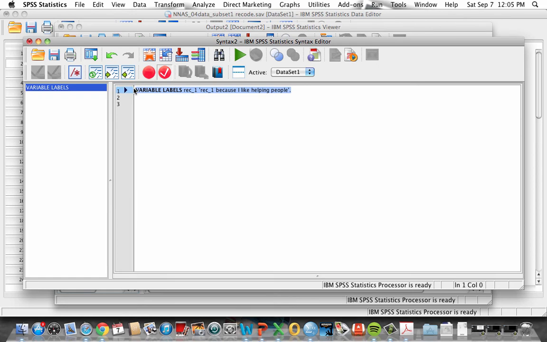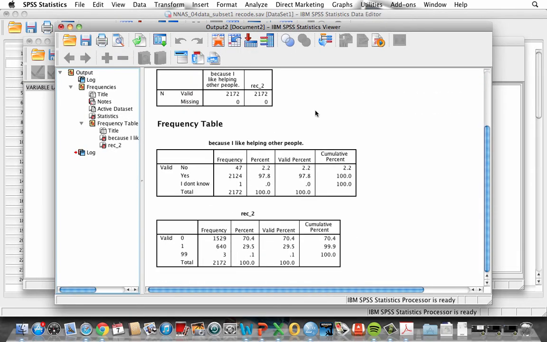We can highlight this section of syntax and then either click on the green play button, which will tell us that it will run what we have selected, or we can come to the top menu bar, and under the run menu we can tell it what to run. In this case, we only want to run what's selected, or if we have a longer list of information, we could run the entire set of commands. But at this point, if we simply run the selection, again, notice our output window opens up, and it should tell us what we have